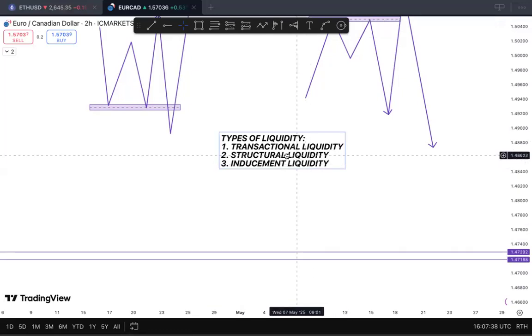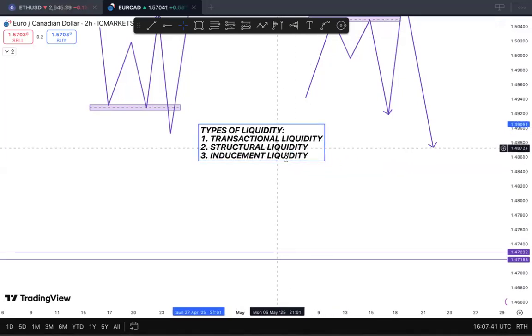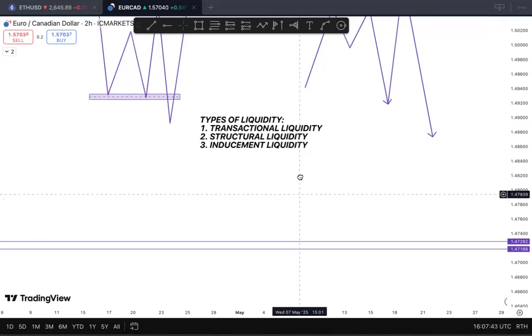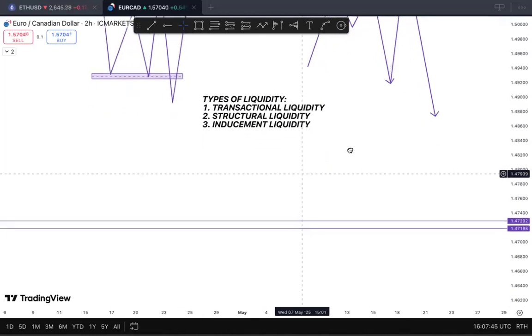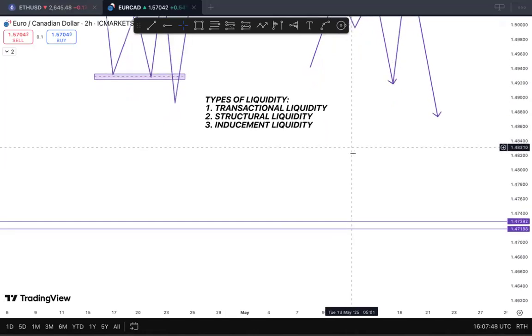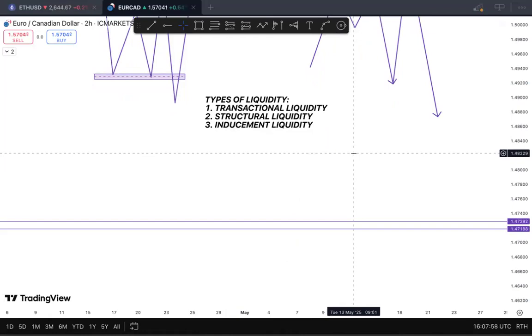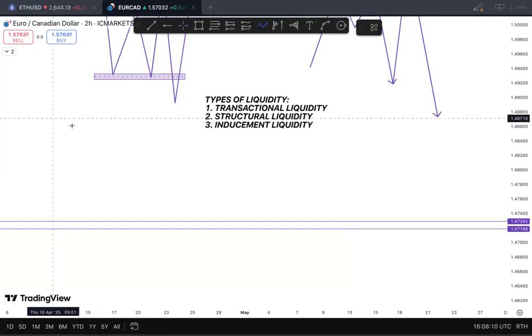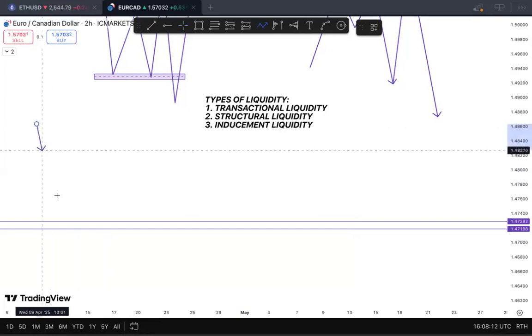So I'm going to break this trade down using structure or chart. So we're going to draw structures here. What is transactional liquidity? Transactional liquidity is the money transfer liquidity that is needed to move price in order to cause a shift in market structure. So for example, we have price.